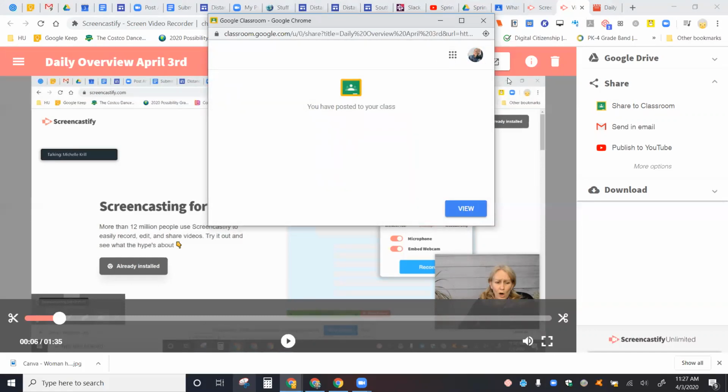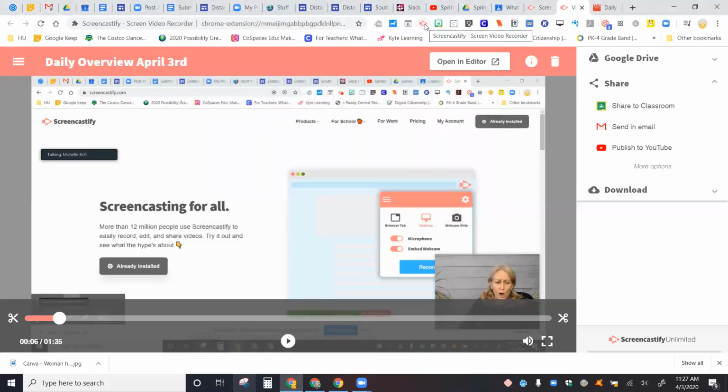So it's pretty seamless when you use Screencastify. When you use the extension to record your video, you can do everything as soon as you're done recording. Everything about your sharing, getting the link, can all happen right from the Screencastify window. So I want to